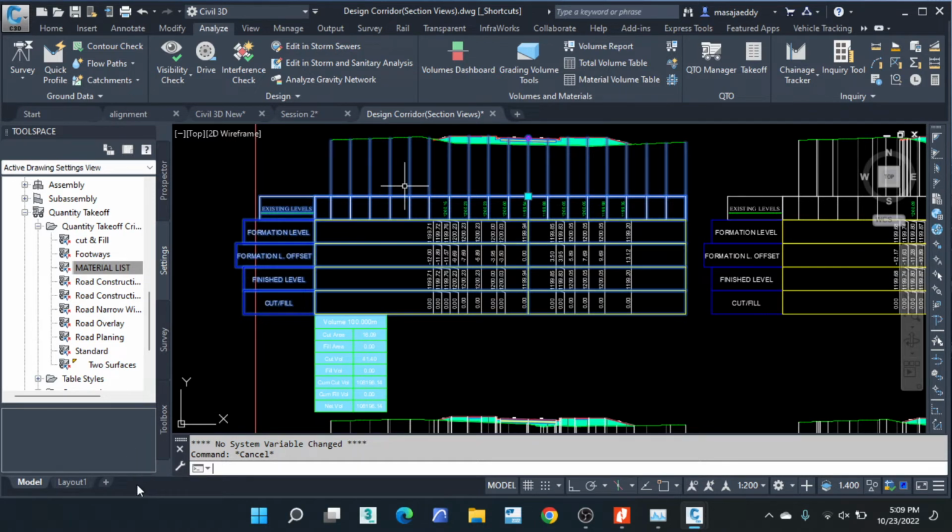As you can see down here on the status bar, section sheets have been created, and there are only 3 sheets. This represents the sheets in the model view. So once you open this,